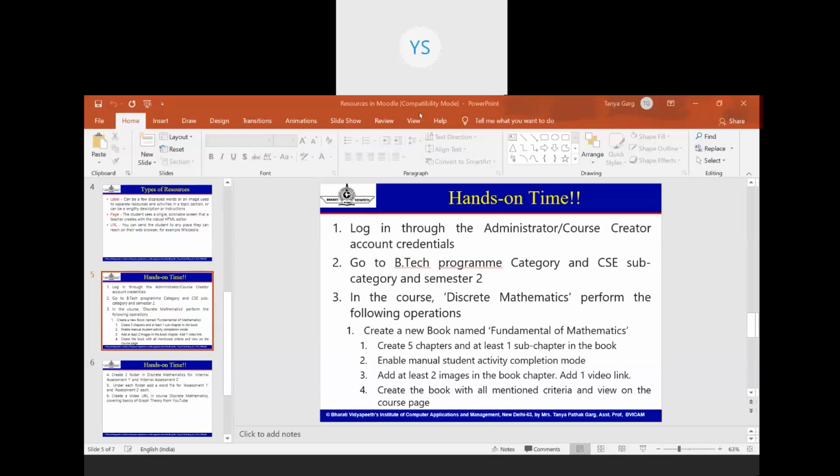So ma'am, we'll have to start from course creation, right? And then going ahead with whatever you have told, addition of resources. Course creation, sir, you would have completed in the morning. So I expect that once a course is created, then the requirement is there to create a resource. Will you post this recording later on, so we can go through it again and again? Yes, definitely, sir. At the end of the day, all recordings will be shared.